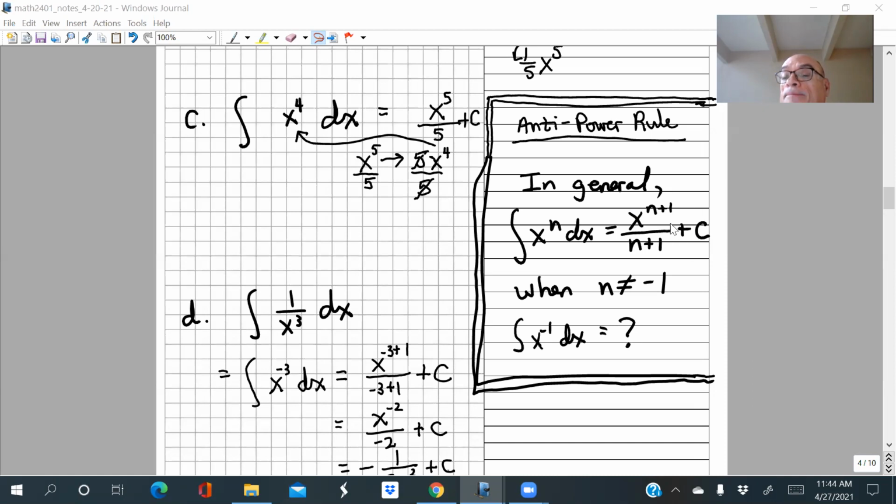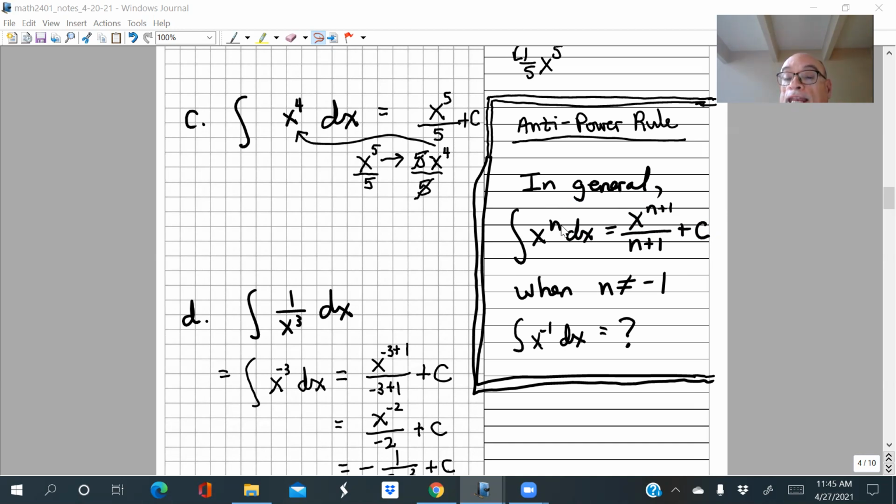And then remember, you can have lots of different antiderivatives, so you get a different antiderivative just by adding a different constant here. So we always indicate that just by putting plus c. This c represents any constant that we choose, right? So this could be +1 or +2 or plus the square root of 3 or whatever, right? Okay, and that would still give us a valid antiderivative for this power of x.